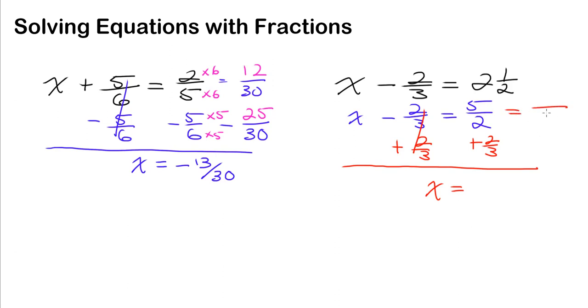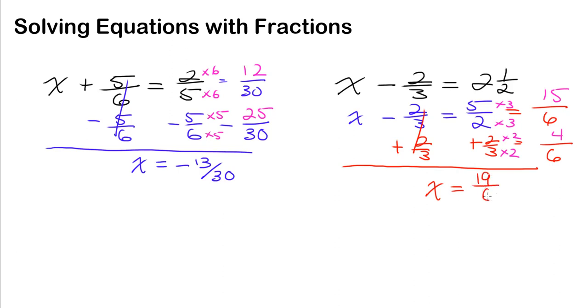So 5 over 2 is going to become something over 6, and 2/3 is going to become something over 6. Once again, 2 times 3 is 6, so I have to do 5 times 3, and that's 15. And here, 3 times 2 is 6, so I have to do 2 times 2, and that's 4. And now I can add these together. So I have 15 plus 4 is 19, so x equals